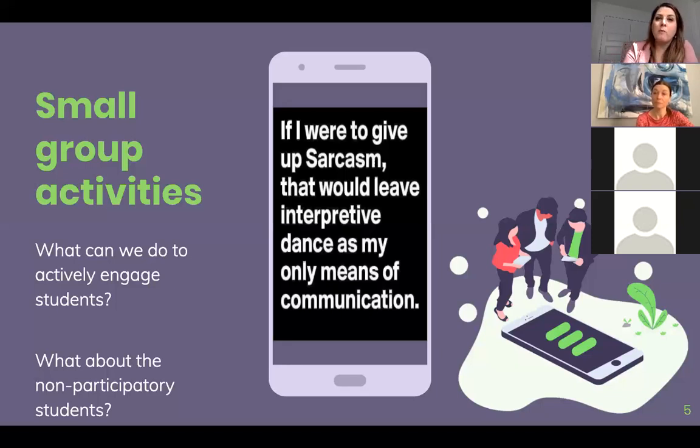So you would build that into your syllabus expectations for participating in class, because I think those are some of the things that are going to have to be addressed as we move forward. If we're going to be teaching remotely for spring and summer, those things will need to be built into the syllabus for participation.